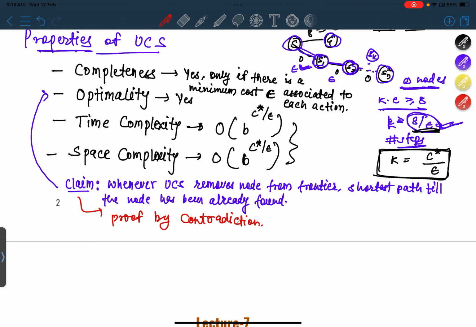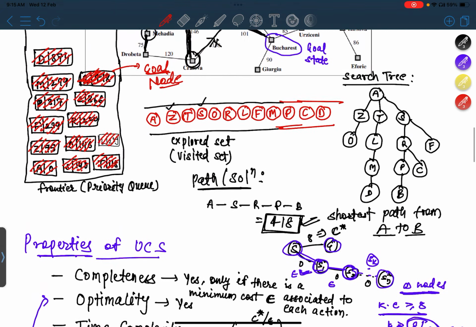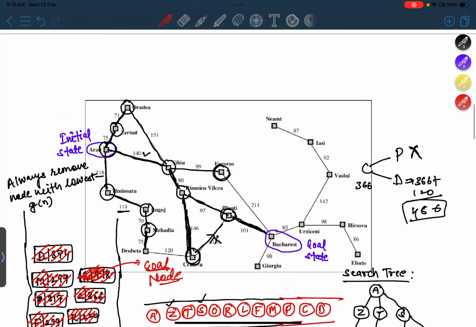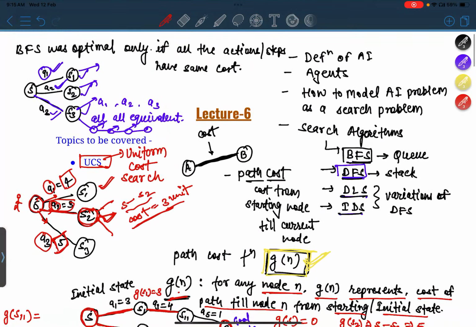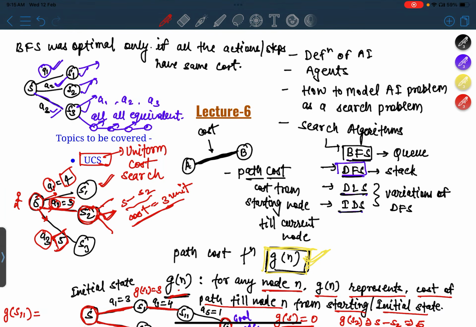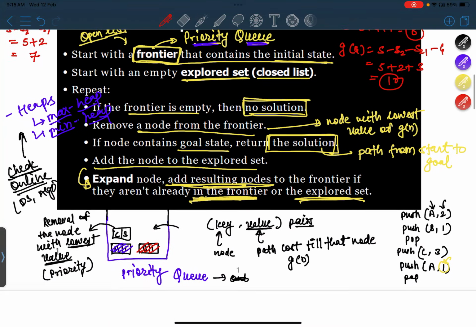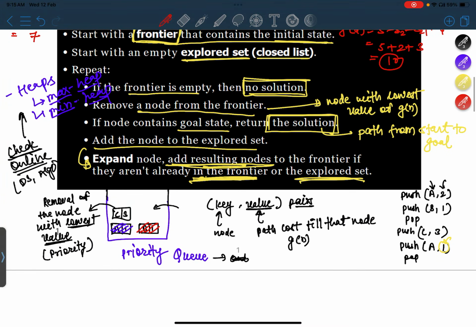Okay, so with this, we'll end our lecture here, and we'll continue in the next lecture with more examples of these algorithms like BFS, DFS, and after that we'll start with the informed search algorithms, where we'll have some extra information about the problem statement to solve the